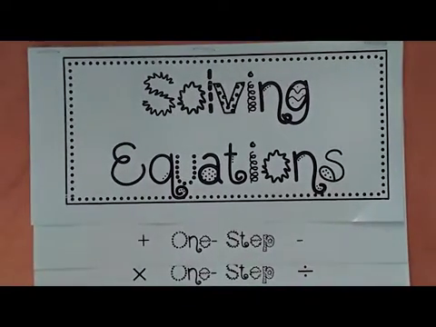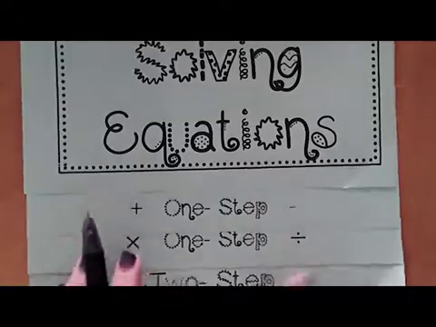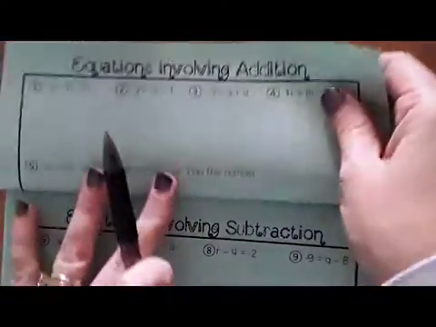All right, so we're going to talk about solving equations. This is a little bit of a review from your 7th grade. We're going to start out with one-step equations. There's two different types of one-step equations where we're going to talk about adding and subtracting and multiplying and dividing. We're going to start out with solving equations